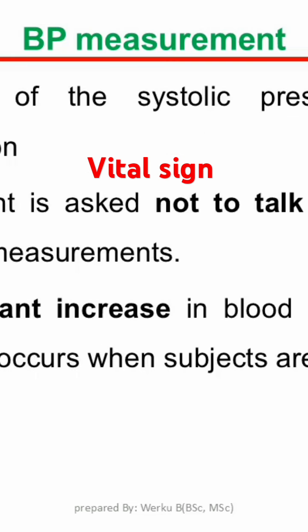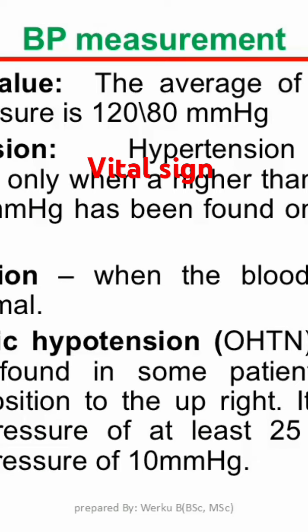Before measuring blood pressure, palpate the systolic pressure and ensure the patient is not talking, as this can significantly increase readings. The average normal blood pressure is 120/80 millimeters of mercury. Hypertension and hypotension are diagnosed based on deviations from this norm, with specific criteria for each condition. Various conditions